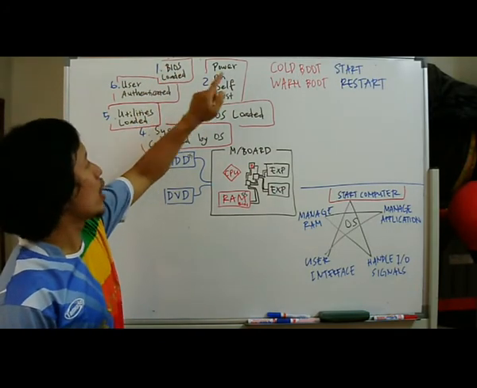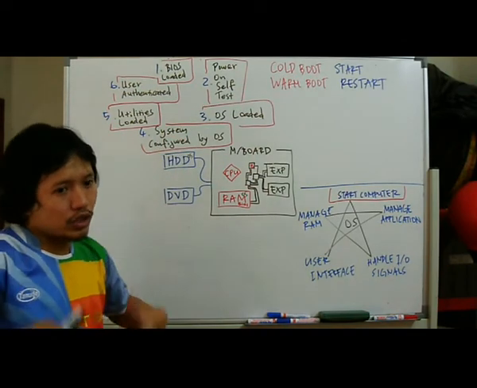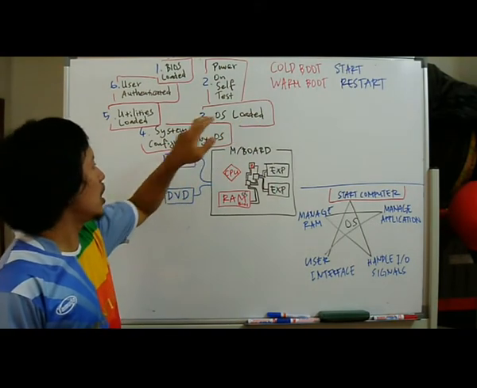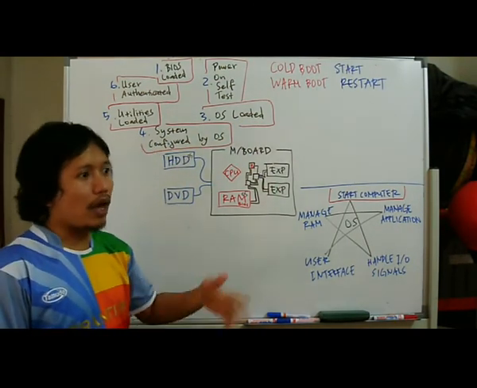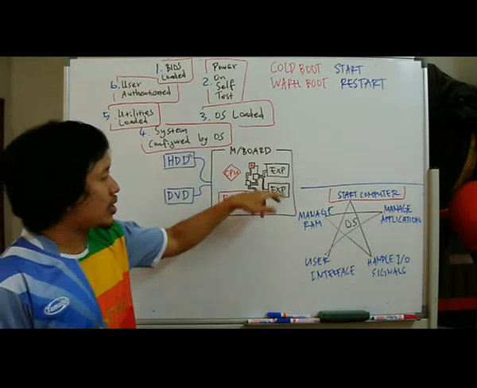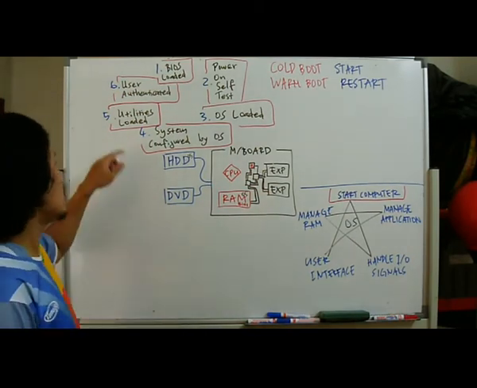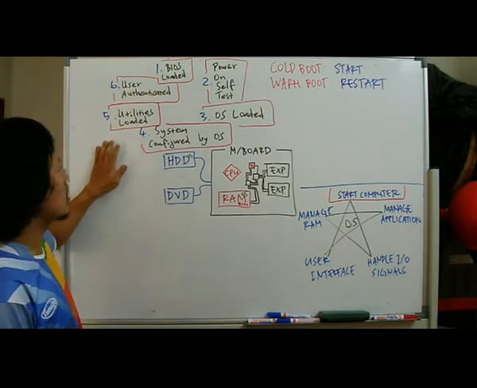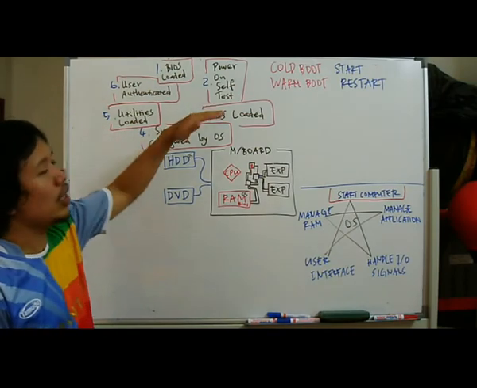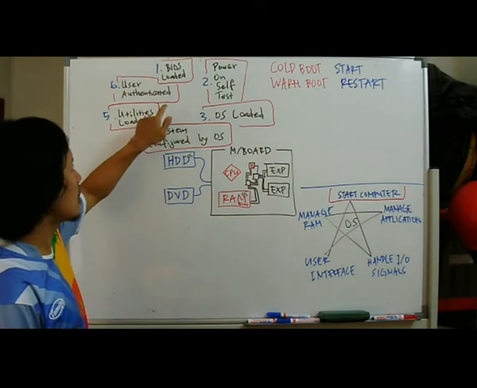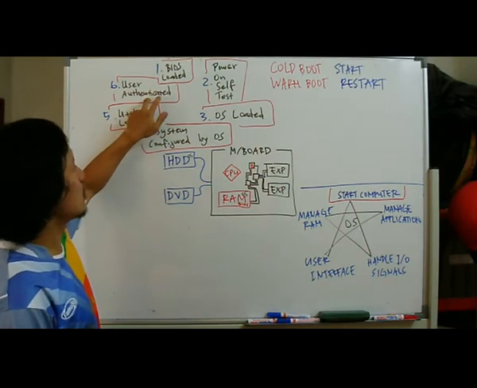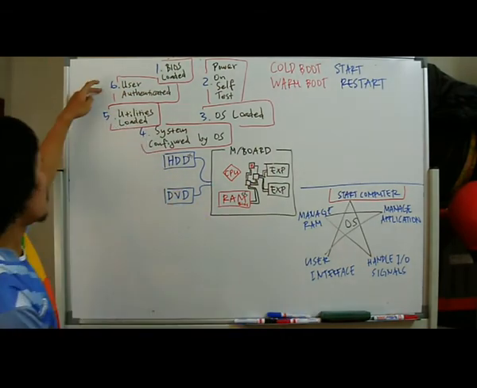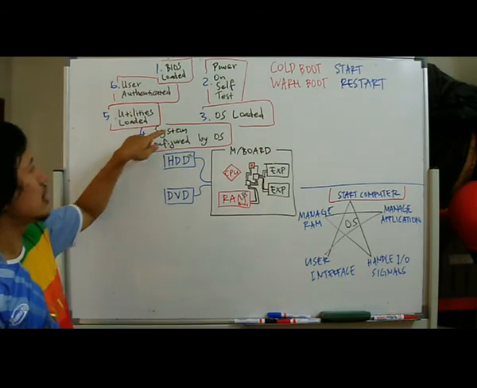Once BIOS is loaded, BIOS will perform the power on self-test. It is to check the hardware whether it's working well or not. We have enough things to work for the day. Once OS is loaded, it will configure the system, meaning do we have all the drivers, graphics card and everything, is it working correctly? Then utilities will be loaded. Of course, user authentication is not really done by the utilities, because like I said, once number 5 is done, technically your computer is already switched on. And some users choose to have this step number 6. Some users do not. So step number 6 is not really done by step number 5, but all of the other even steps are done by the